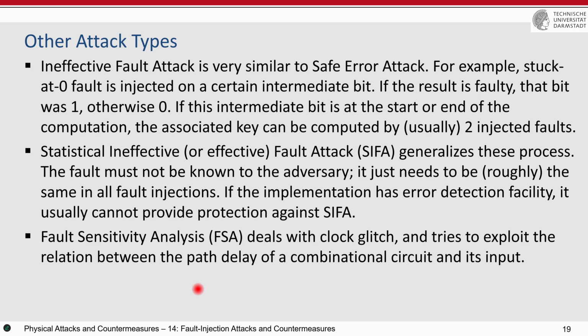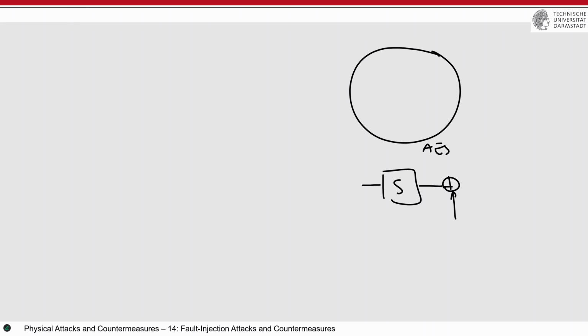But before explaining SIFA, I need to also tell you something about the fault sensitivity analysis. It deals with the clock glitch. It's very similar to what I have explained to you before, considering the circuit as a Mealy or Moore machine. And then by clock glitch, some values of the combinational circuit will be faulty and some others not. This is the last round of the AES. There is a shift rows, and then there is no mix columns, and then there's the S-box, and you can model it like this,